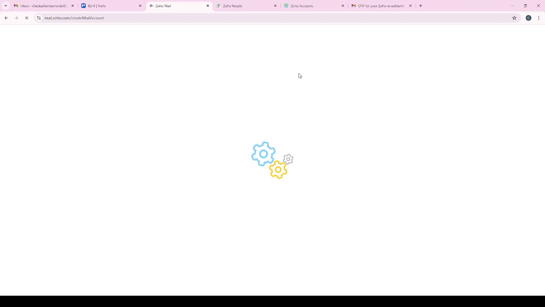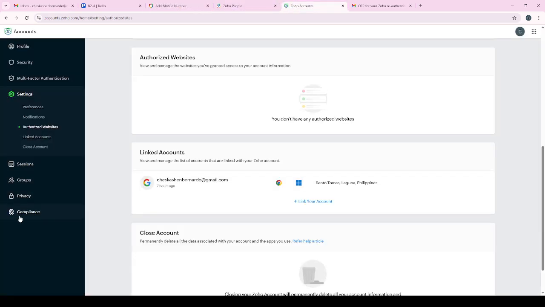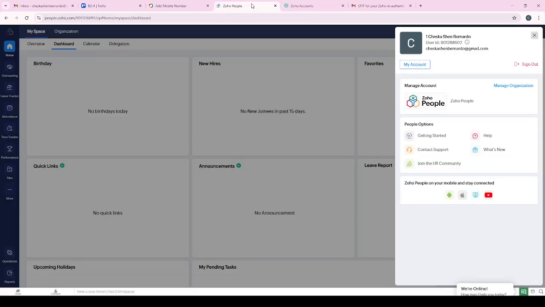To get started, open Google Chrome and log into your Zoho CRM account. It's a good practice to make sure you're using an up-to-date browser for optimal performance and security, so keep that in mind before proceeding. Once you're logged in, navigate to the Setup area, which you can easily find by clicking the gear icon in the top right corner of the page. This setup section is where you will find all the configurations you need to customize your Zoho CRM experience for